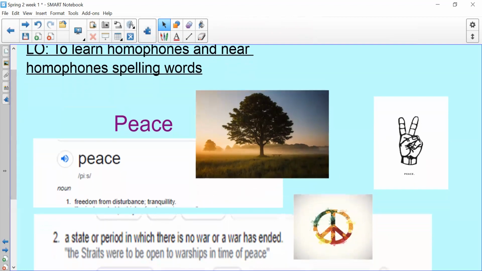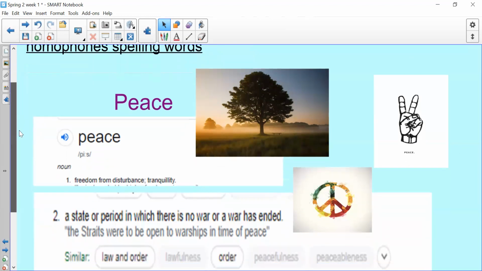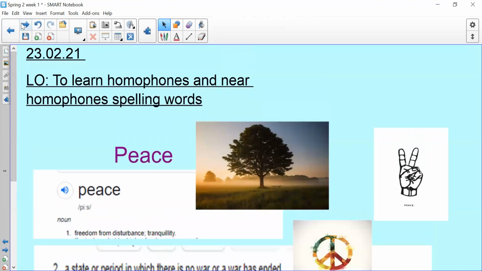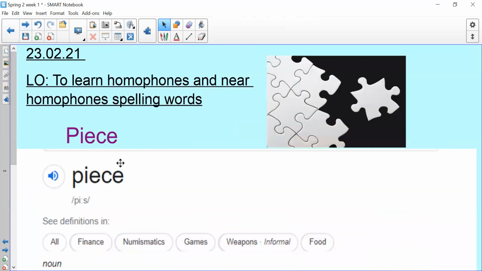It could also mean a state or period in which there is no war or a war has ended. So when a country or countries are living in harmony and there is no fighting or any conflict, they're in peace. And you can often see peace represented in this symbol here, or people doing the peace sign like so. Okay,